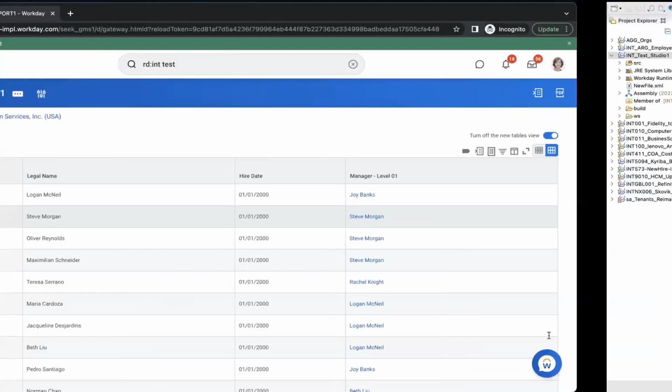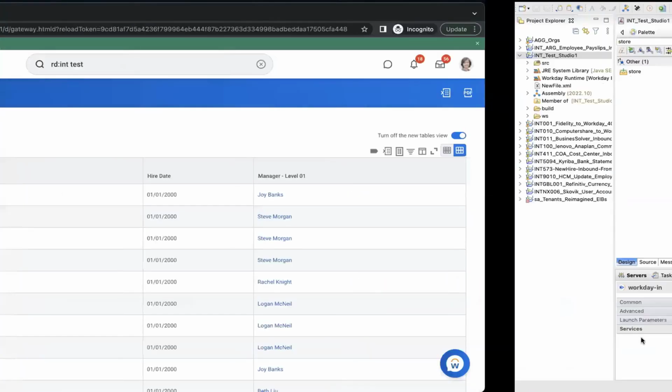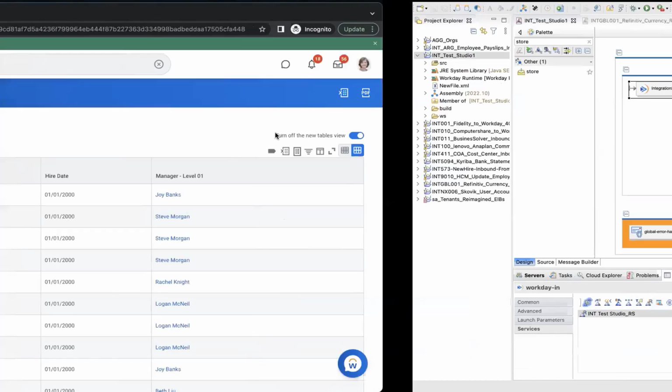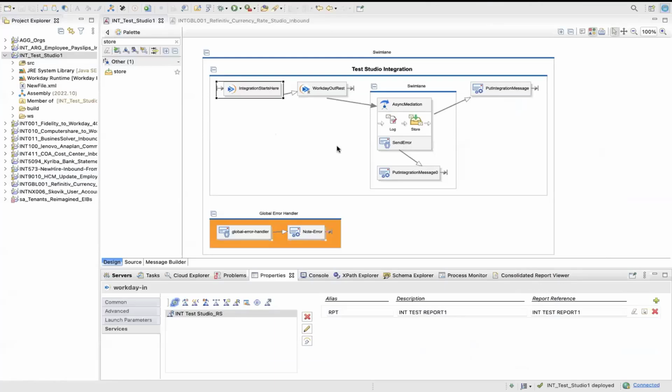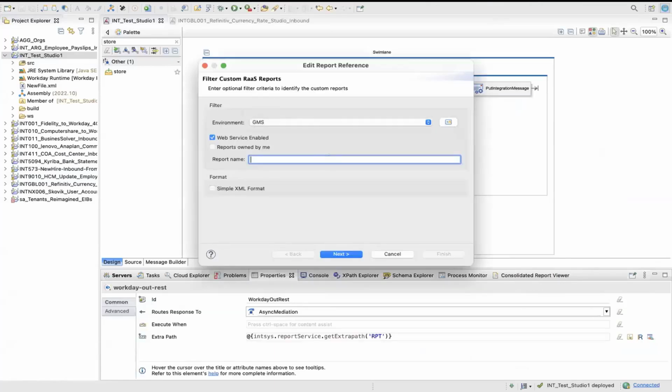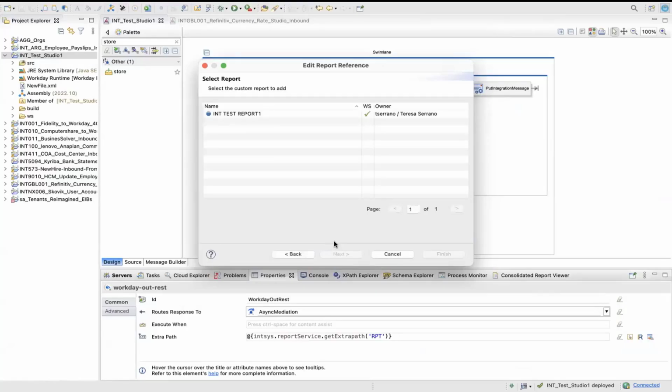Since I have updated the report, I will go again here and select my report, and the test report 1. Now you see the difference. Right now, what you are seeing is just the extra parts and RPT.